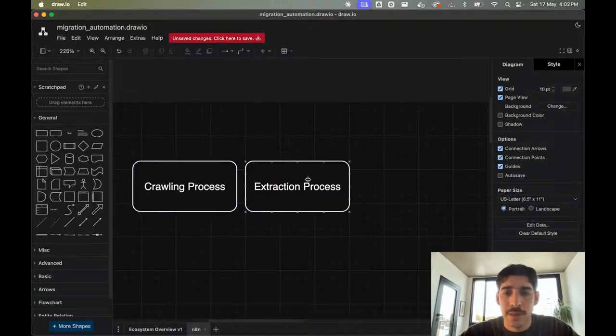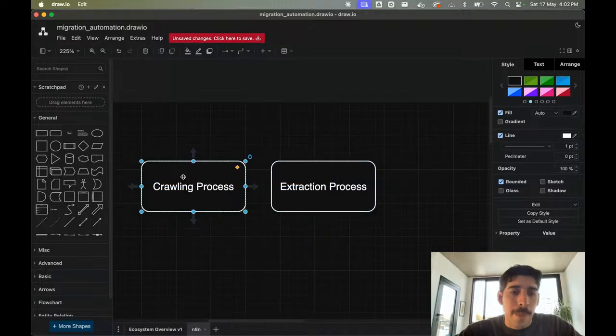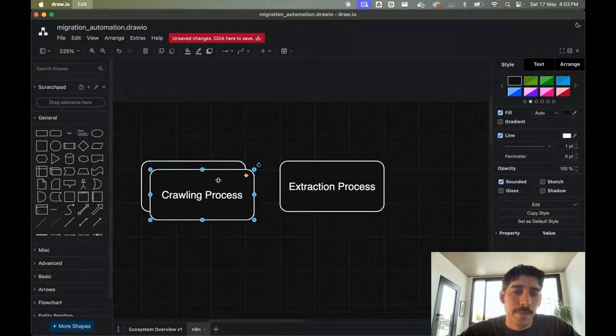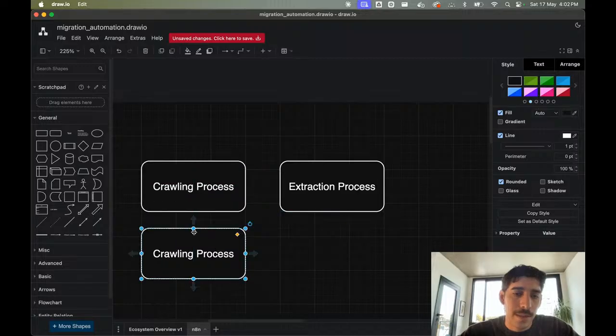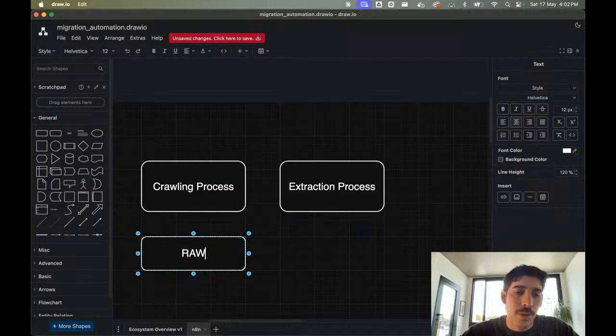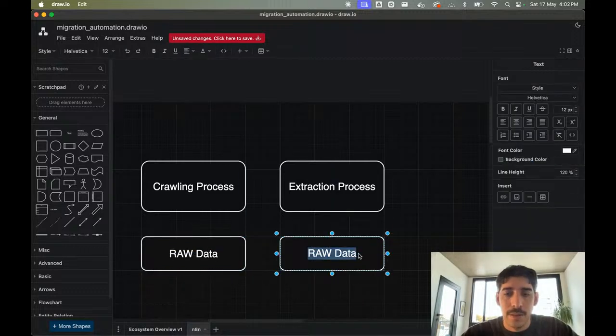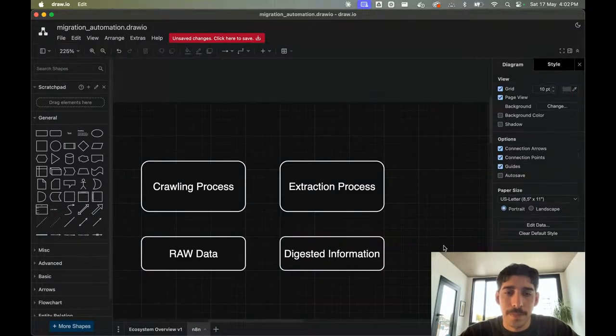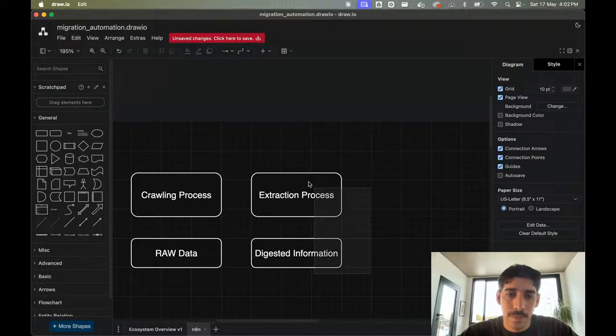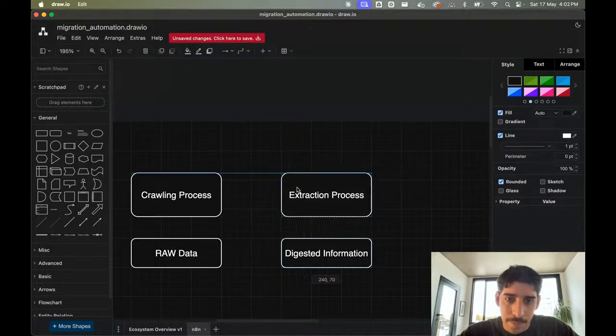I hope it is. Because now, you know, this gives you more like, let's say, raw data. This gives you the digested data, information, let's call it. You see?